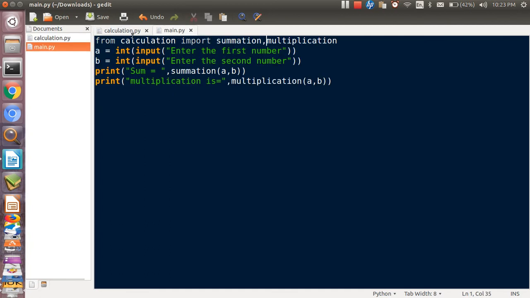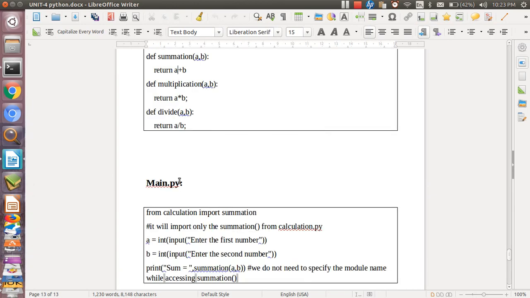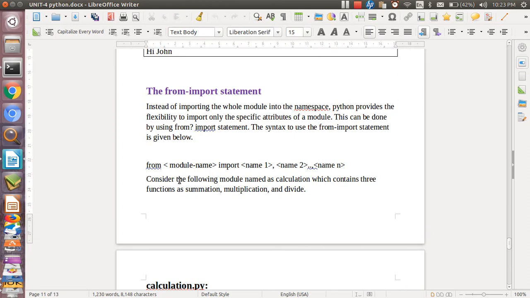So this is how we can import a specific attribute of a module. Here summation and multiplication get added but not the divide part. Suppose you need to give access to the divide part, then we can make use of this from import statement. It is very easy to import by simply using a comma. This way we can use different module attributes in one file. Okay, so this is how we can use from import statements. I hope everyone is clear with this example. This is very easy to import. So importing, instead of importing the whole module into the namespace,